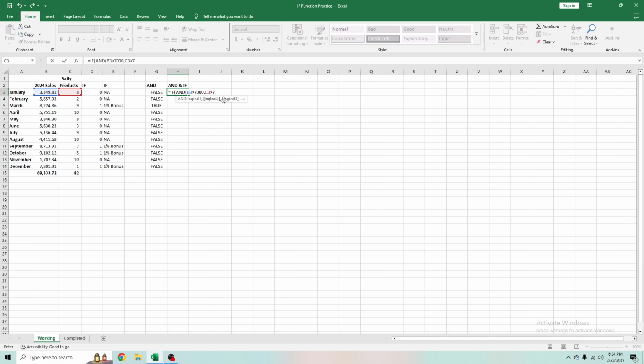And once I put in that parenthesis, Excel recognizes, okay, you're done with this portion of the logical test. Once I put in a comma, what do you want it to return if the value is true? If this AND logical test is true,